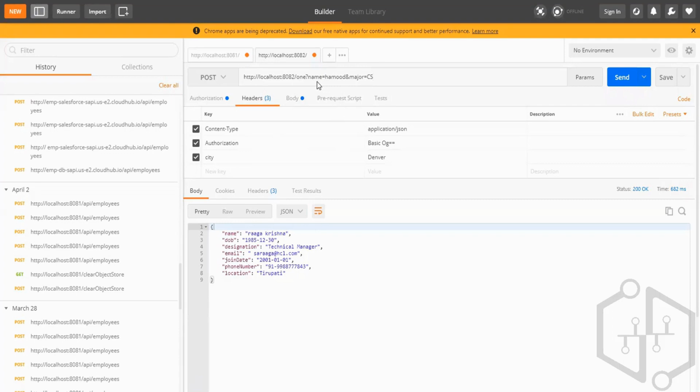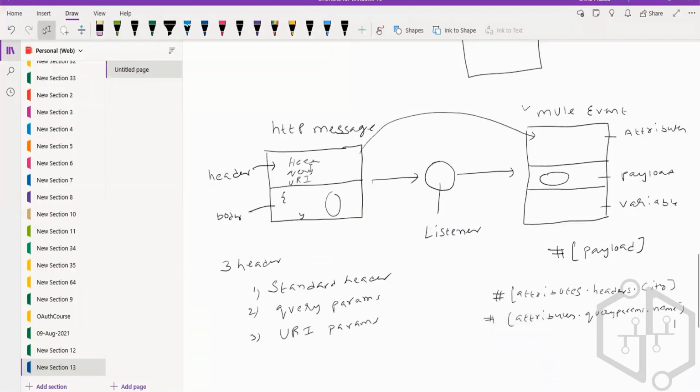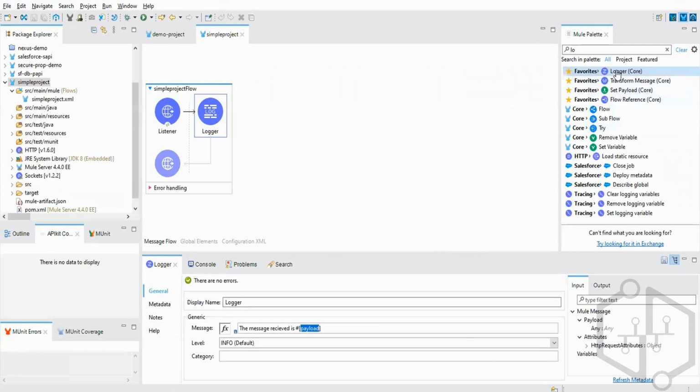Now what happens? These three, name, major, and city, will go as headers. These three travel in the header section. And when the listener receives the message, what will it do? It takes this header section, this name, major, and this city, and puts them inside the attribute section. And these are query parameters we're passing. Now I'm printing that using one more logger, putting a logger over here. First I want to print the header parameter. How I print it is